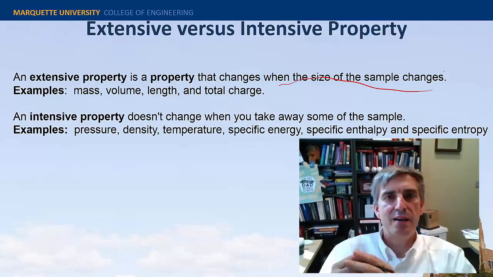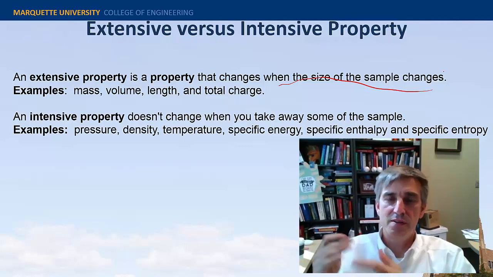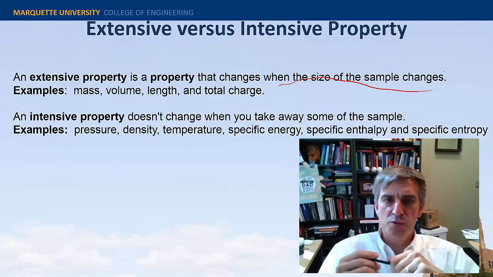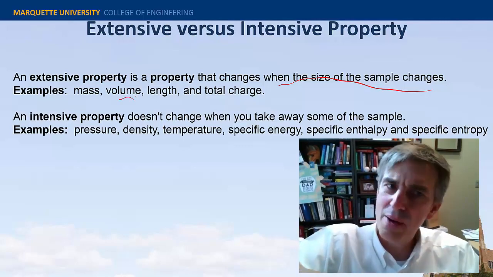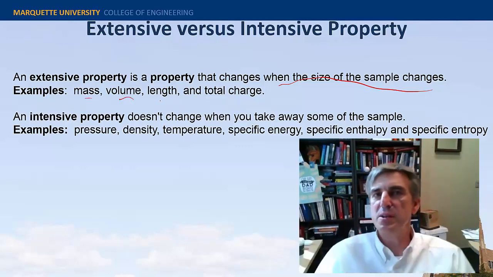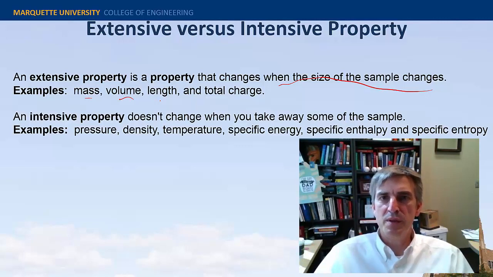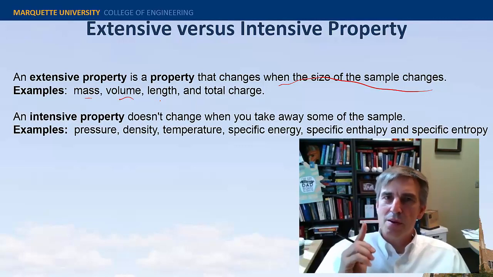So imagine I have, let's say, 1 foot cubed of corn syrup, and I doubled that sample size to 2 foot cubed. I doubled the volume. I would double the mass and double maybe some characteristic length. That only makes sense. However, an intensive property, when I double the volume, double the sample size, those properties don't